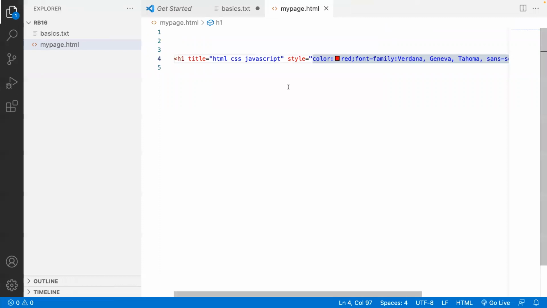What change have you observed here? Not only color, I have also changed the font. How is that? Looks better? Red, welcome to the web world. What is your favorite color? Blue. Give me a right one, okay? So let me apply blue.